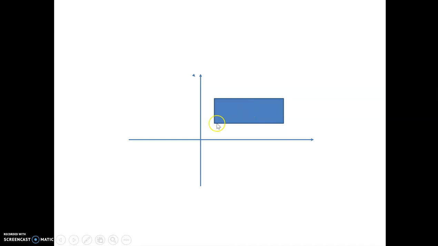So the logic here, to identify this center, is first you need to get the x corner value of the rectangle, and this is the width of the rectangle here. So you need to add this x with this width, and if you divide the whole thing by 2, you will get this point here. Similarly, for identifying the y as well, y plus the height divided by 2 will get you this point.